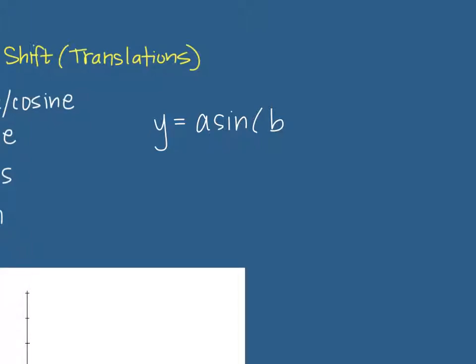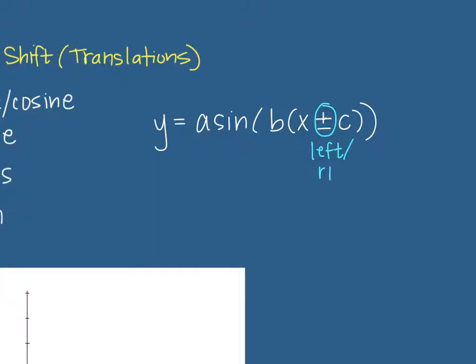If you add another parentheses following that, and then have your variable x, and then plus or minus, it could be either, c. That plus or minus c is going to control moving the graph side to side, left or right. And so, this one right here is left